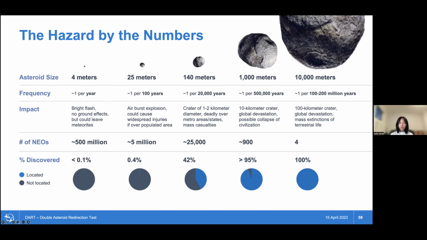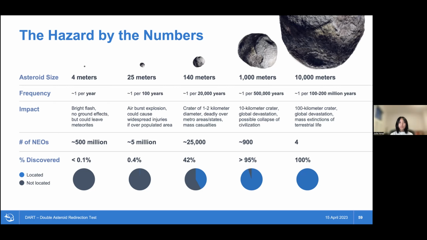We have a question from Flora. Is it true that the greater the momentum, the more the ejecta? In general, that's true, but how much ejecta we make also depends on the properties of the target. For example, the porosity, the density, the internal strength, friction, a lot of parameters.